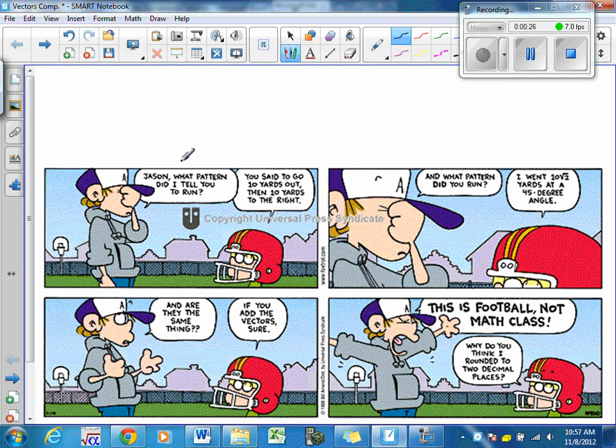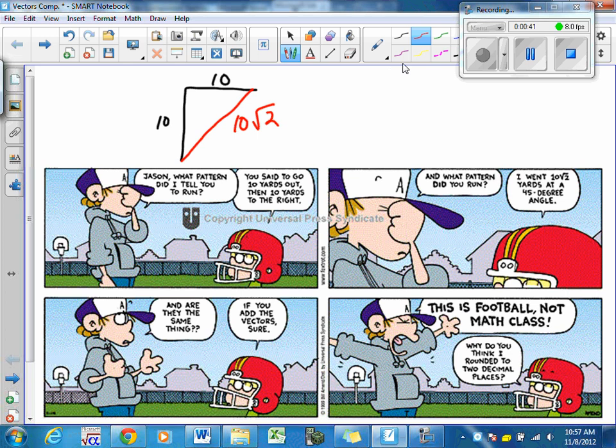the older brother is saying go 10 yards out, go 10 yards to the right. The smarter younger brother says, I'm just going to go on a 45-degree angle, 10 square root of 2. And that's what we're going to be doing. To this point, we've actually done it the way the younger brother has. We've looked at our angle of 45 and said, we're going to go on that angle a certain distance, direction,